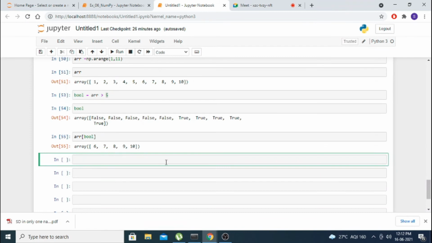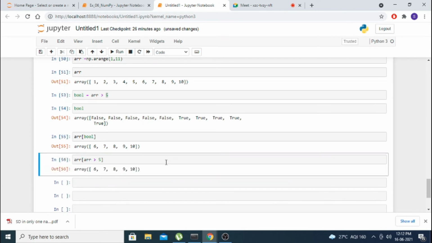And one more thing there. Instead of storing this in a boolean and then giving the boolean to ARR, here you can give greater than 5 directly and it will return directly. So all the ways are there. Already I told you, for each programming you have to think in two logics. Don't think in a single logic only. You need multiple logics so that you can handle the concept in multiple ways. The first step, even if it is a long way, is to get the result. Then the second thing is how to minimize it. Once you get the output with your logic, then we can think about how to optimize your logic in the next step.